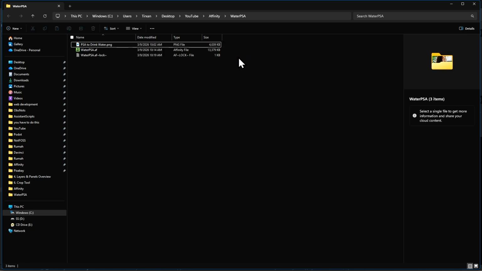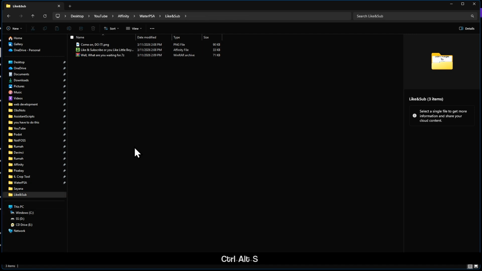So, you can probably guess what .af files, which you create by saving your work, are: files that can only be opened exclusively with the Affinity app. It cannot be viewed on any computer, on any device that doesn't have the Affinity app installed.